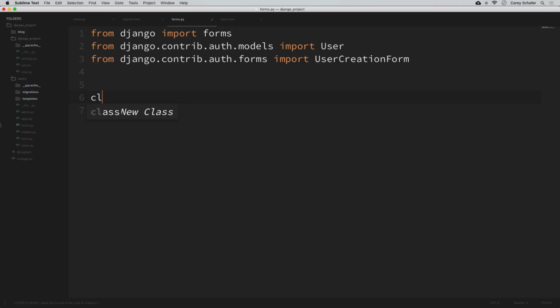And I'm just going to type all this out for now, and we'll go over this after I get this typed out. So I'm going to call this UserRegisterForm, and then we want to inherit from that UserCreationForm. And now we want to add the additional fields that we want to this user creation form. So I want the email. So I'll say email is equal to